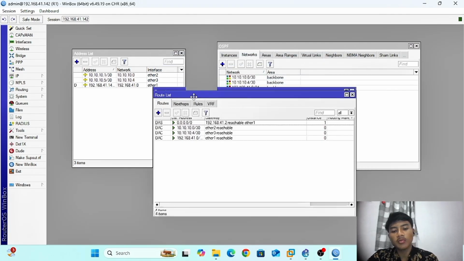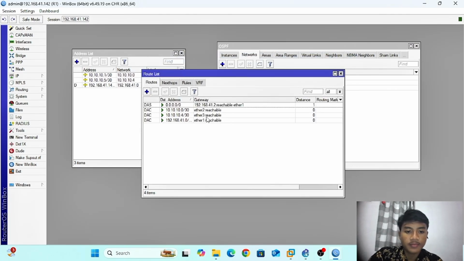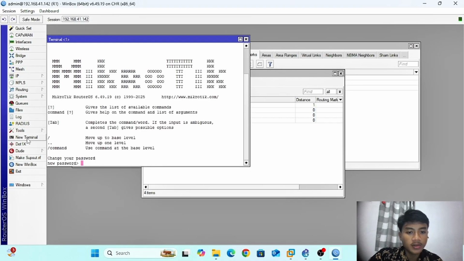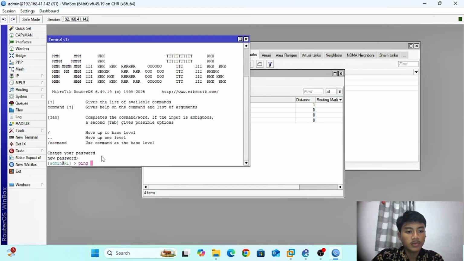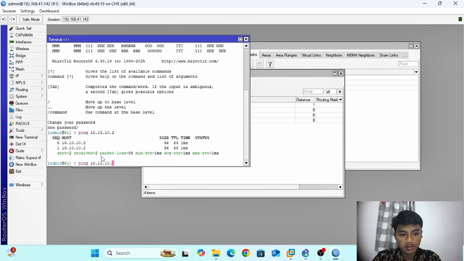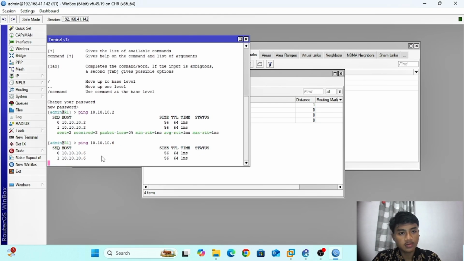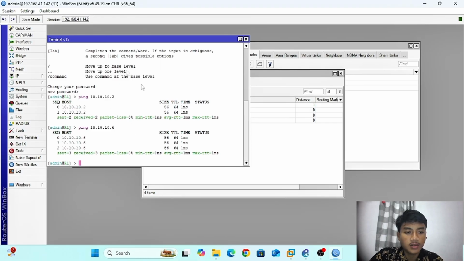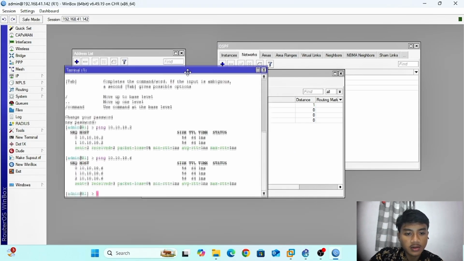Okay, wait a moment. Maybe I can try to ping 10.10.10.2. Okay, because it is directly connected.